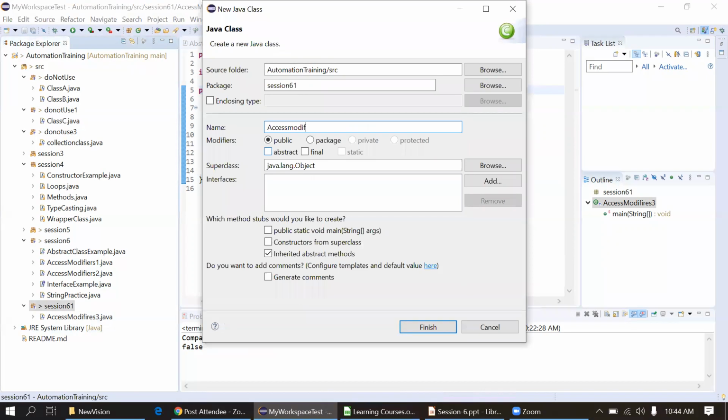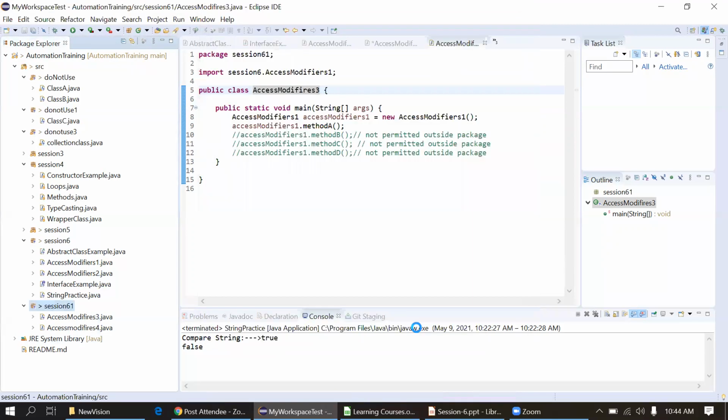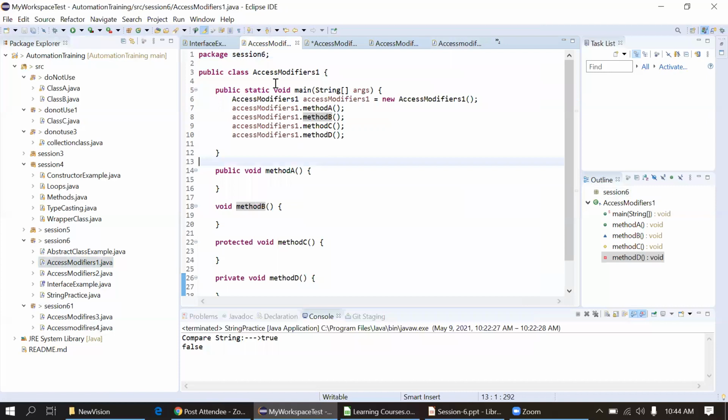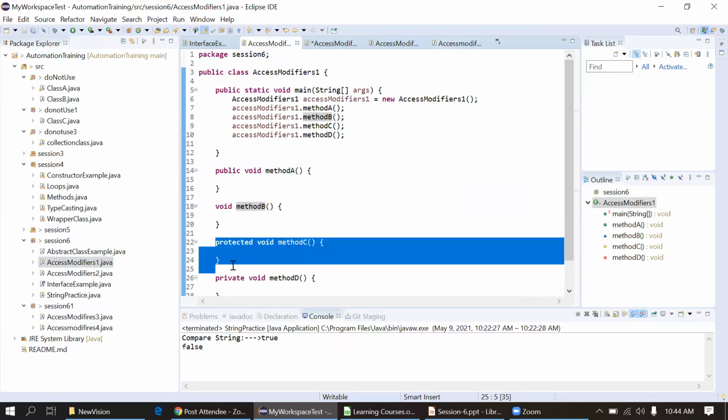Now we are just looking at the protected one. So we have to access the protected method outside the package. I have defined the method here in the access modifier one class. And I have to access this method now, because it is not accessible outside the package without inheritance.